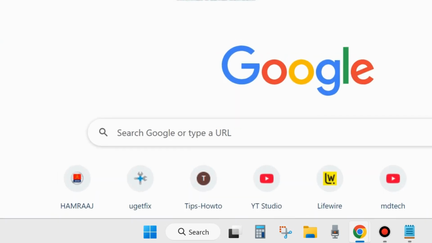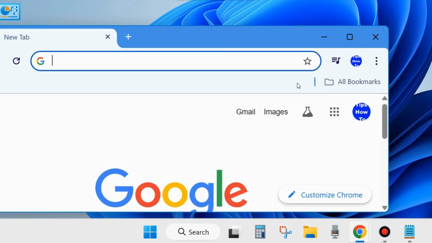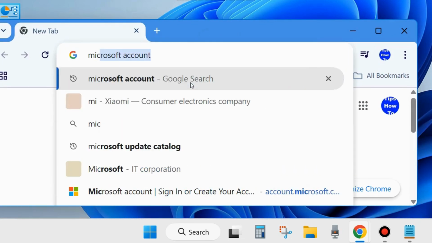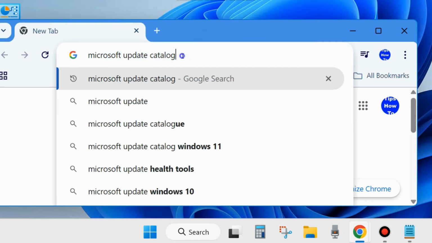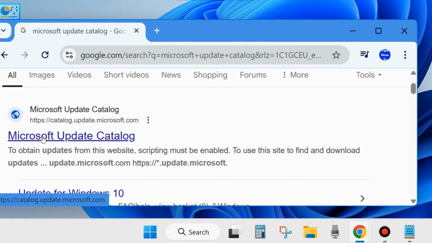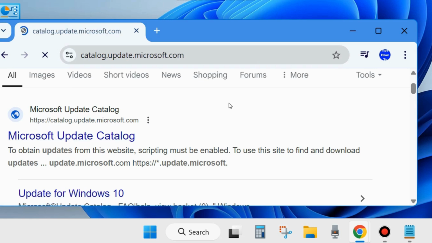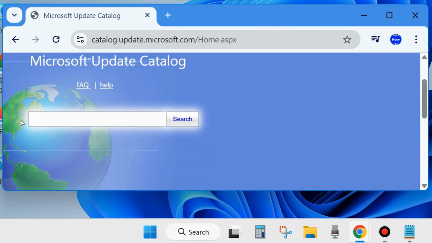Manually download and install your Windows latest update. Open your Chrome browser and here in search field, type Microsoft Update Catalog. Open first appeared result, Microsoft Update Catalog. Here in search field, type the desired KB update which you want to download and install in your system, and click on search and click on download and install button on your appeared result. So manually download and install Windows latest